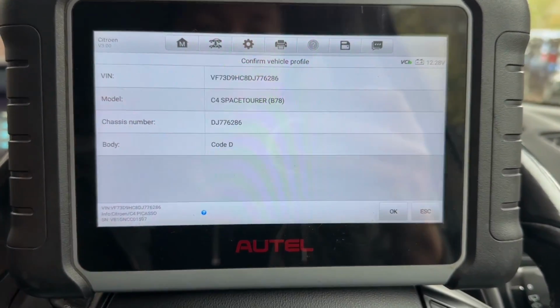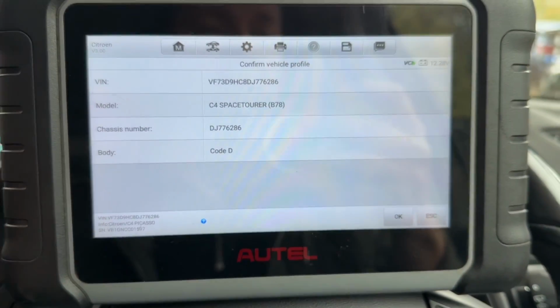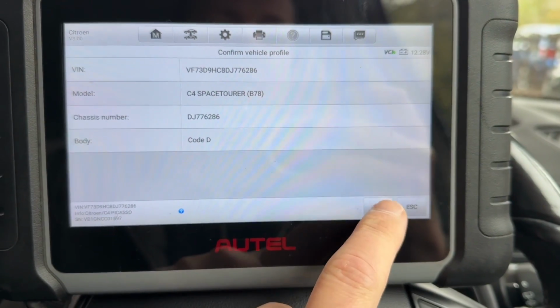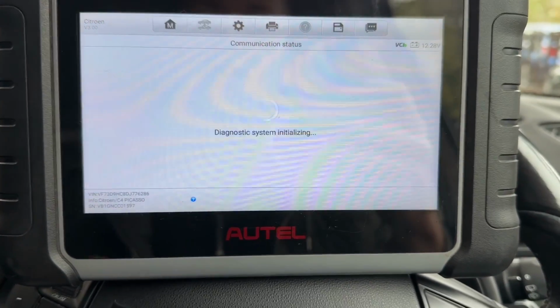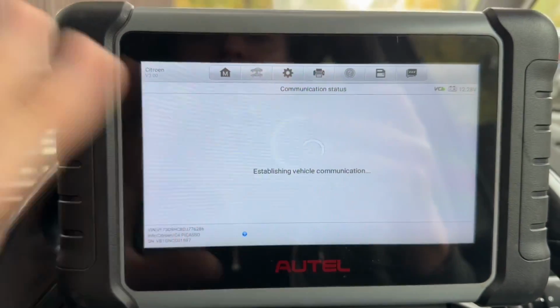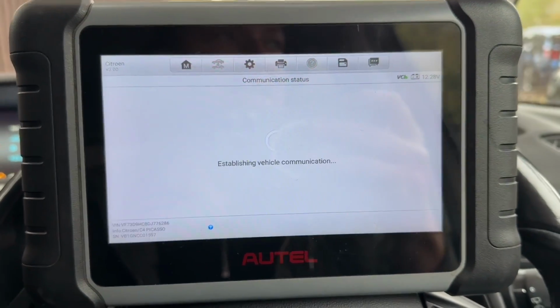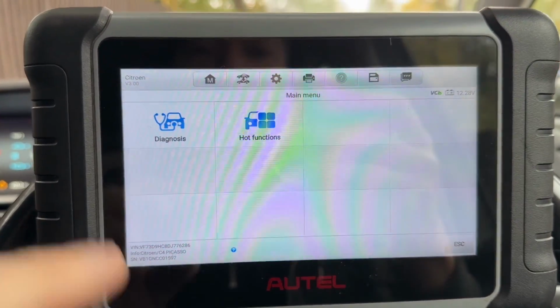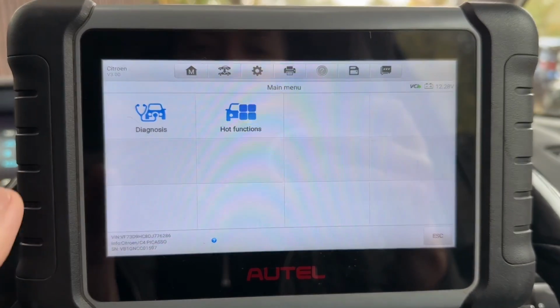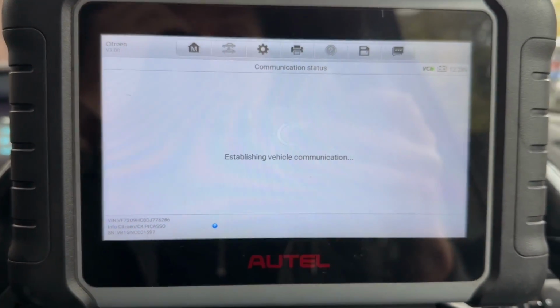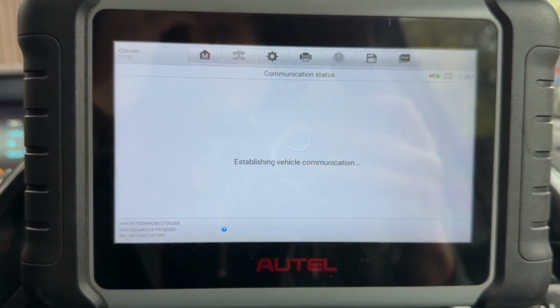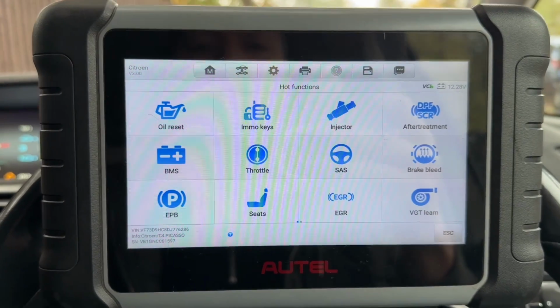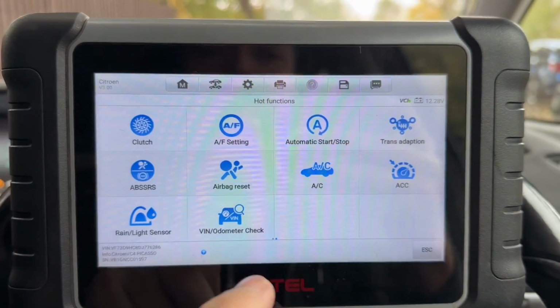So, if you've got an Autel, etc., we just changed the clutch and flywheel on this automatic Citroën C4, okay? So this is what you've got to do. You've changed all the parts. It's not like a normal manual. On an automatic, you've got to go into it, but don't forget to do this, people. So go to hot functions, into your Autel or Snap-on or whatever you've got, and then we need to go into